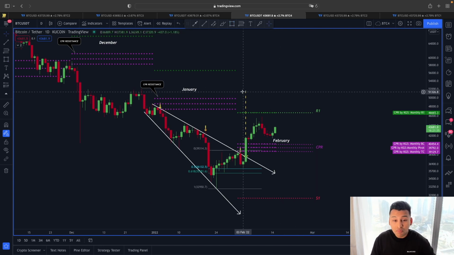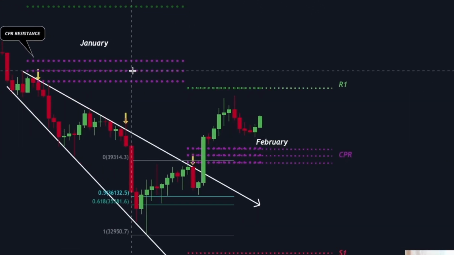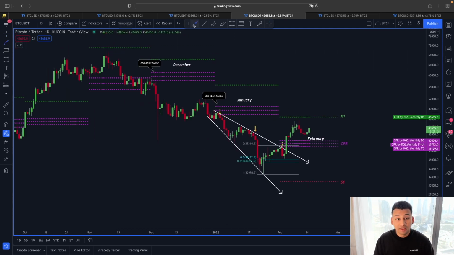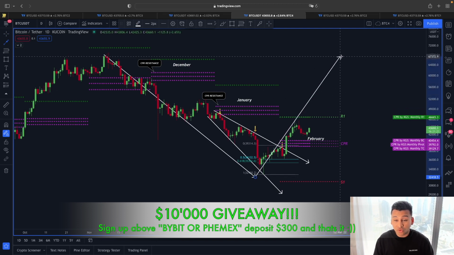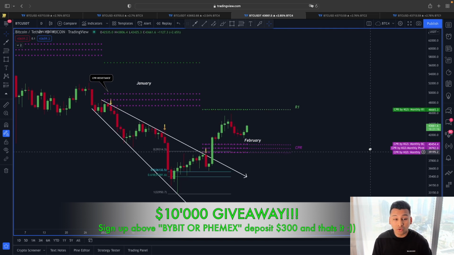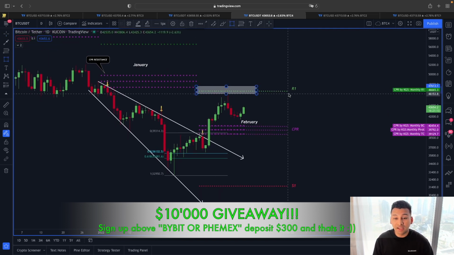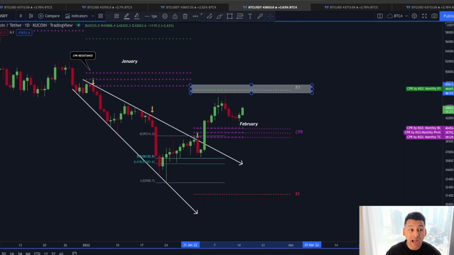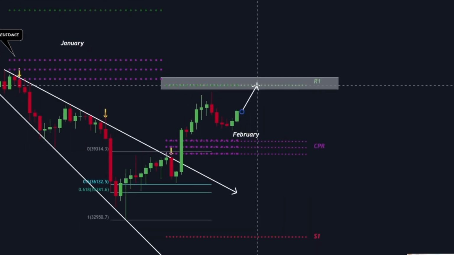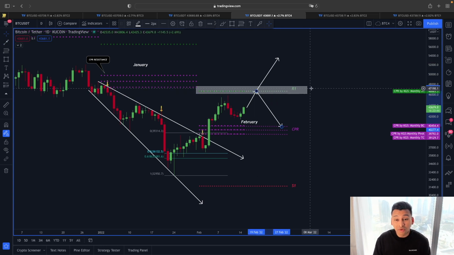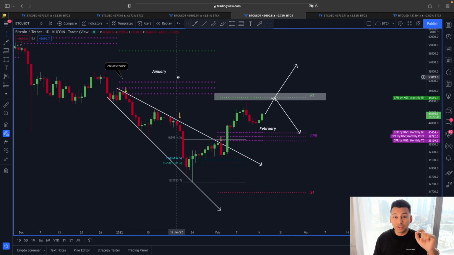But for us, the most important target for this month is going to be the monthly R1 line from the CPI area, because the price was clearly in a downtrend like this, right? So if this is going to be an actual reversal, then the price of Bitcoin must come across this monthly R1 line that is lying around 46,600 price area. So that is the reason why I am also expecting the trend continuation to happen at least around this monthly R1 line before we choose a trend direction, because this monthly R1 line only gets tested when the trend is heading in an